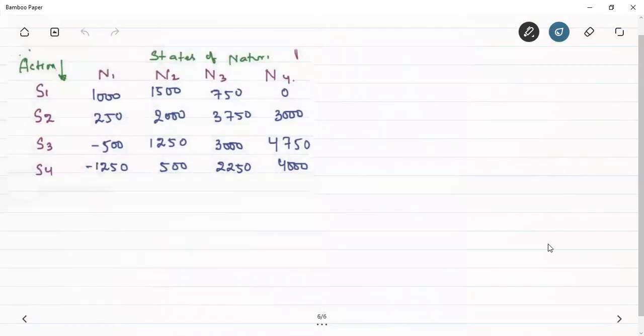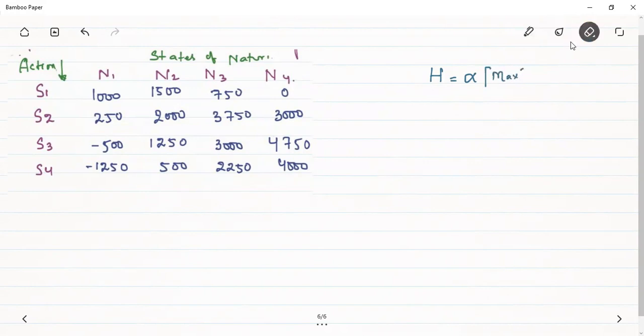If the same problem is to be considered as the minimization problem, then the formula of H changes. H will be equal to alpha into the minimum value